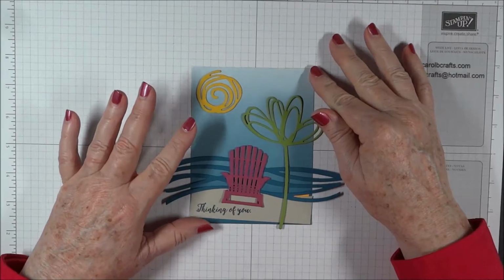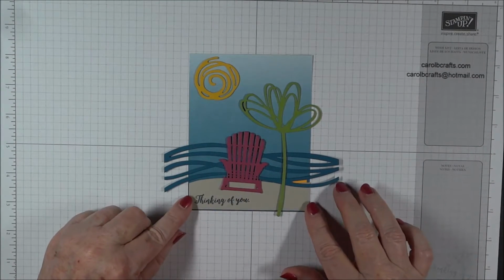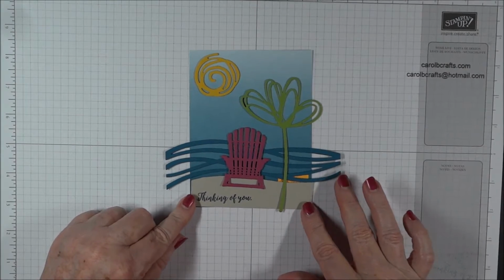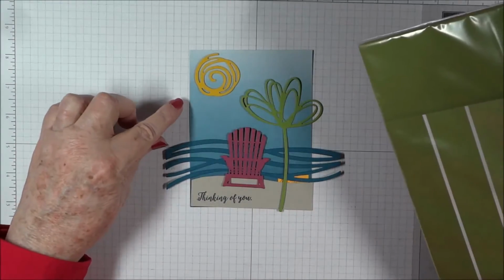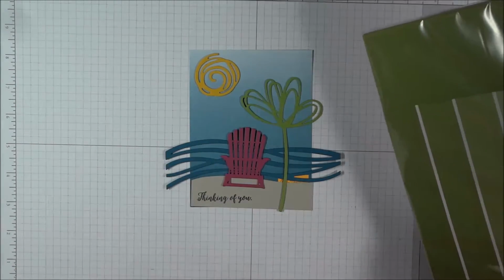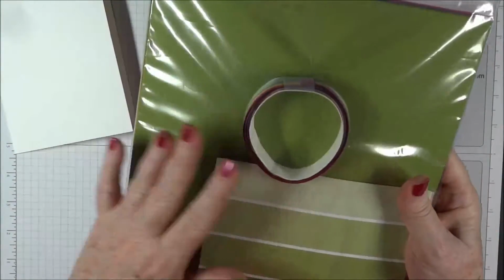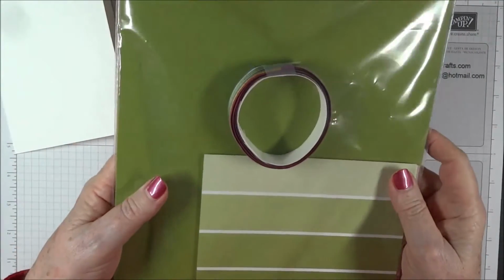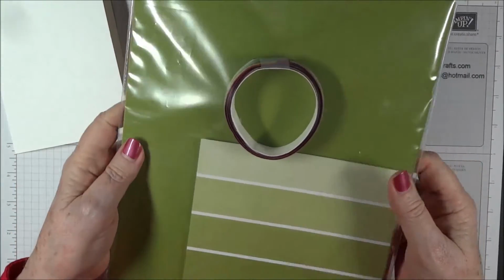Today I have a fun, simple, whimsical card that you can make in a matter of just minutes. All of the items that I used to make this, except for the sand and the white card base that we'll be using, came from my Color Theory customer reward package,